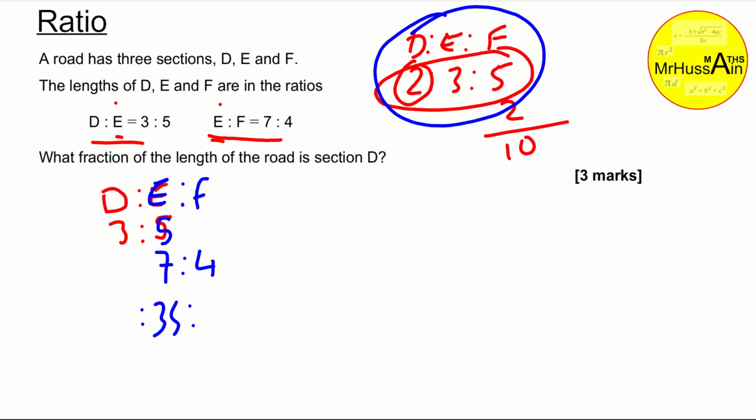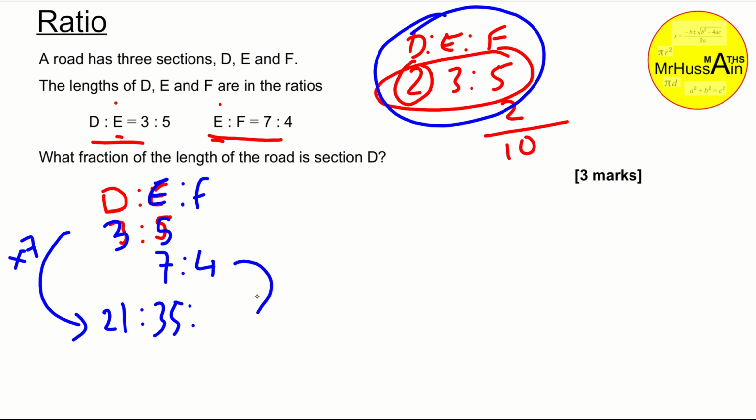Now ask yourself, what did you do with the 5 to get to 35? You must have times it by 7. So you must multiply 3 by 7. There you go. Whatever you do to one ratio, you must do to the other to get to your common ratio. Then ask yourself,